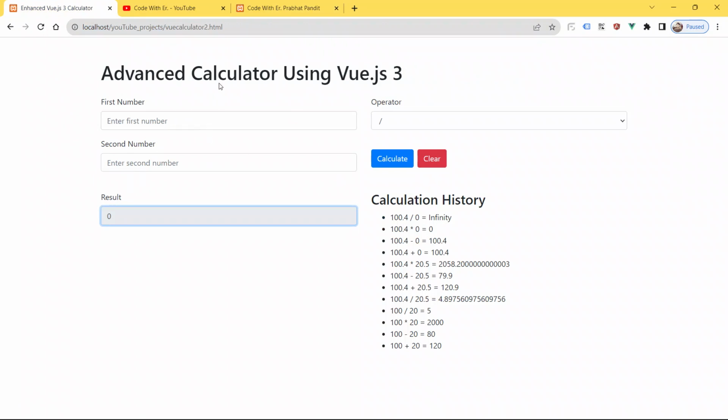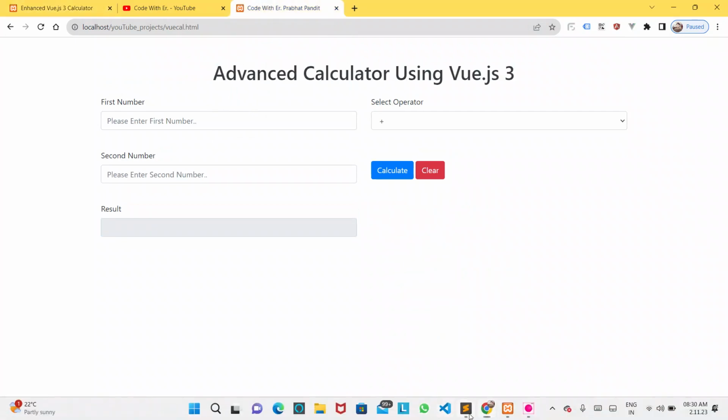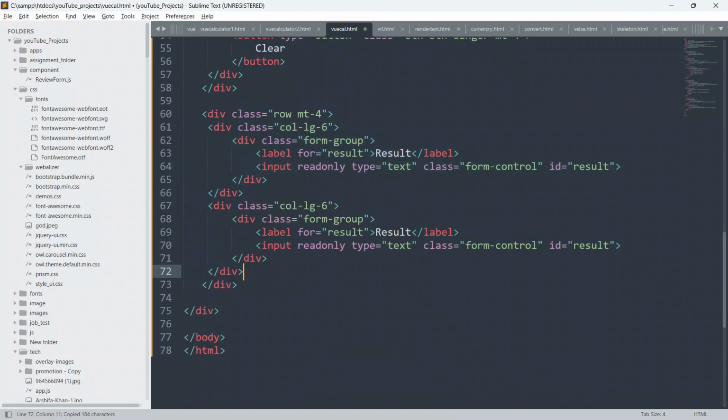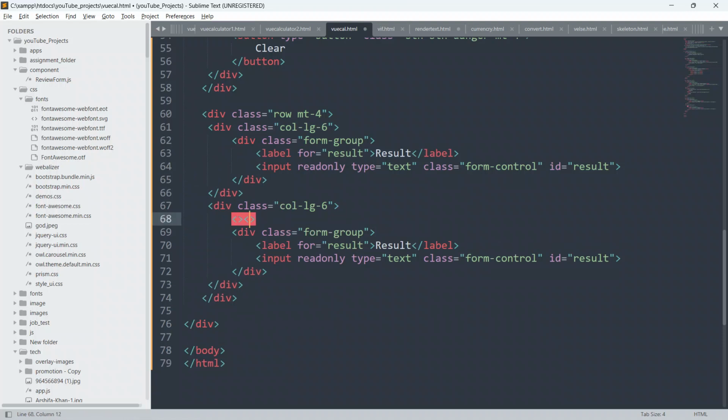Okay, so now we will be creating this calculation history column. So just go to the code and copy this div from here and paste it here, and just change the text. I'll create here an h3 and just close this h3 first, and I'll give the text as Calculation History.